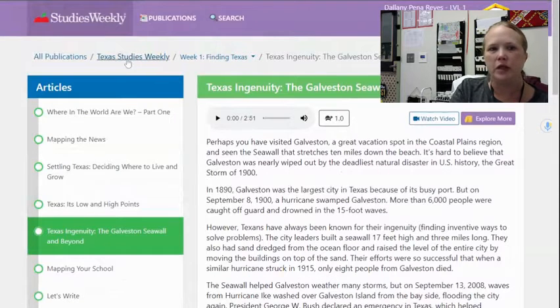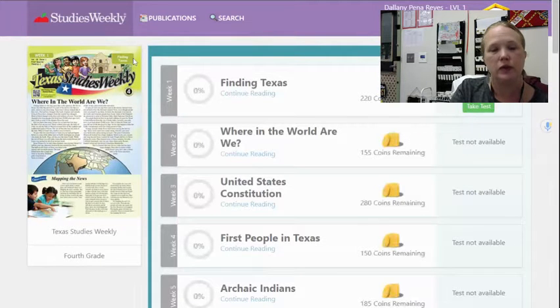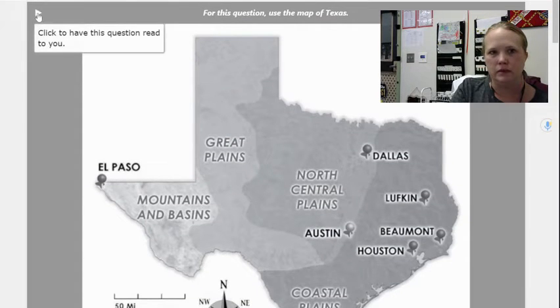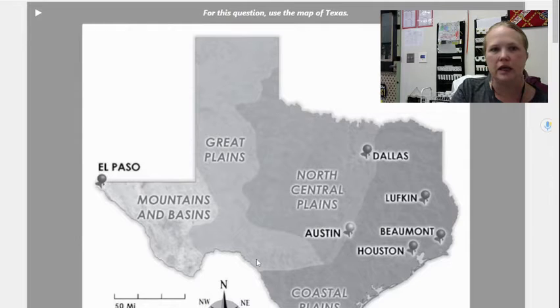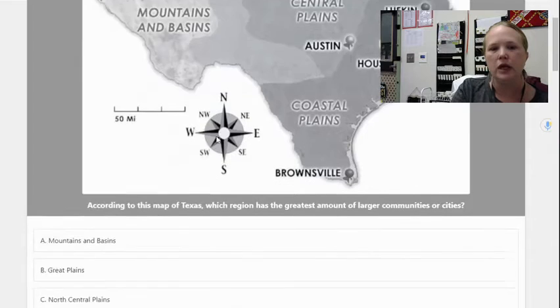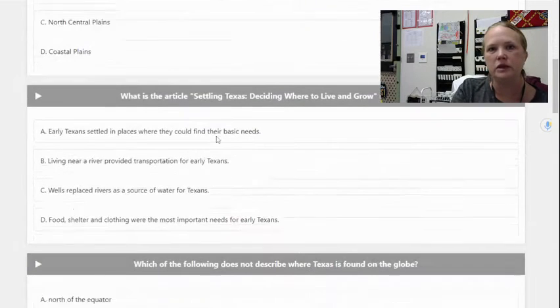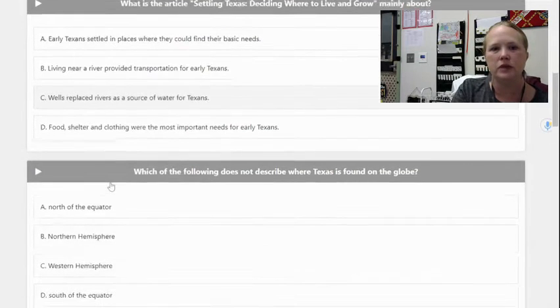Once you've made your way through those 5 with the 3 multiple choice questions each, you're going to come back up here to the top where it says Texas Studies Weekly. Click on Texas Studies Weekly, and then you're going to come over here and take your test. It will read it to you again if you'd like the question read to you. You're going to use some of your map skills that you learned to answer a couple of these questions.